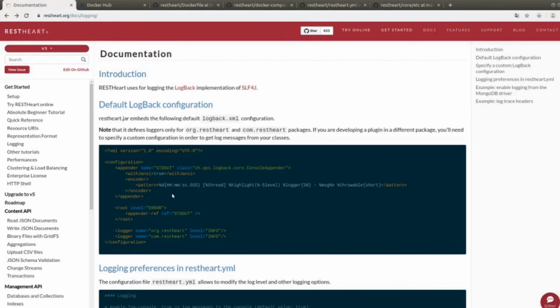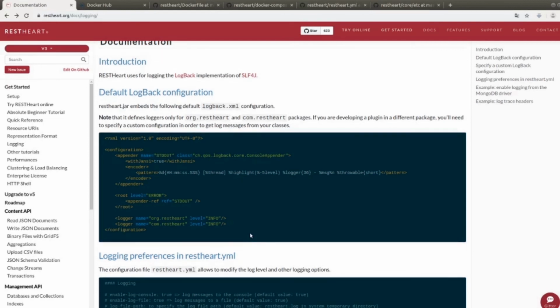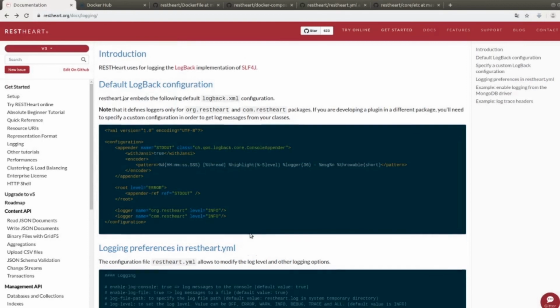There is an indication of the time, the thread, and the level too, as well as the information related to the different messages and the loggers. In this case, the loggers monitor the classes related to the org.restart and com.restart packages. We do not spend much time on this part because, as already mentioned, it will be interesting only for those of you who are more technical and wish to personalize the application more. In fact, this requires having some basic knowledge of Java and the tools that we mentioned.